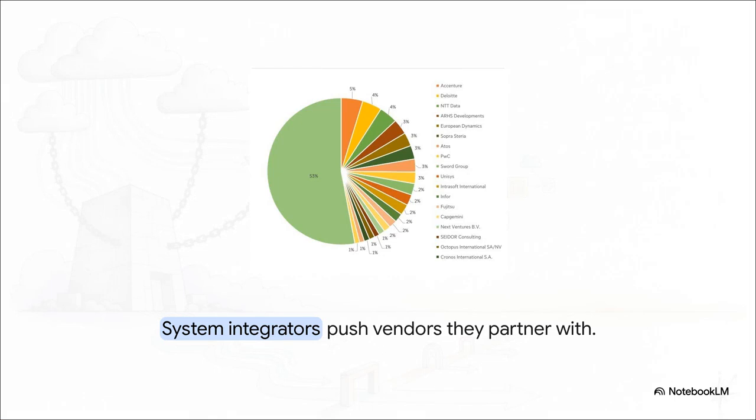And here is something else to watch out for. The consulting ecosystem can actually compound this issue. You might hire an external system integrator thinking they'll offer an objective way out, but a lot of times, those integrators have deep, lucrative partnerships with the exact major non-EU vendors you're worried about. Because they're incentivized to push their partners, they can often steer you right back into those same locked-in proprietary ecosystems.